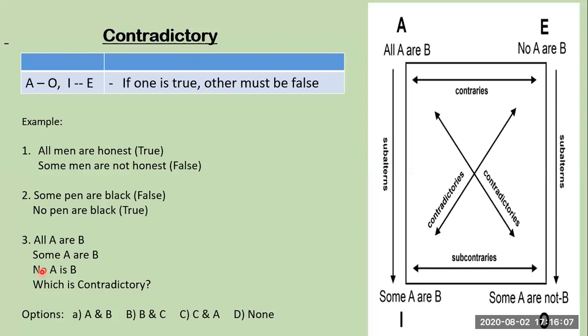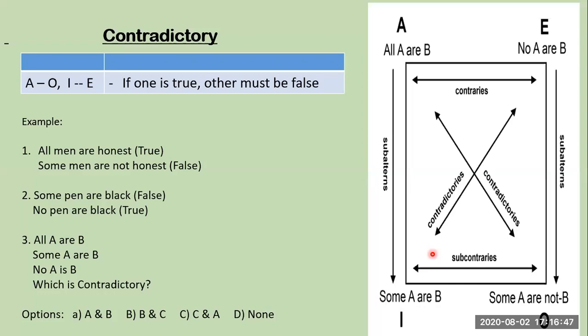For example, all students are bright in my class. So I'm taking one more example for contradictory. I'm starting with A. All my students are bright. And the opposite should be some students are not bright. See here, some and not. I'm taking both words here. So I started with all students are bright, and the opposite is some students are not bright. In the same way, for E, no students are bright, the opposite is some students are bright. So this opposite statement is called contradictory.